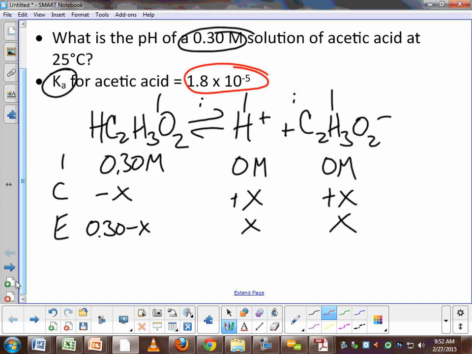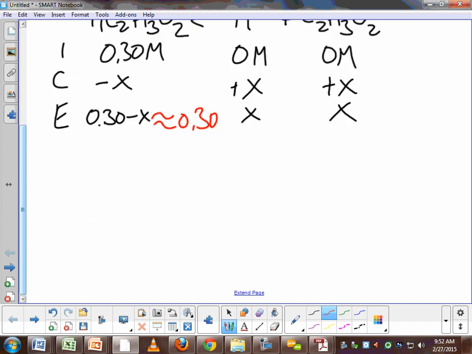So we can make the assumption that x in comparison with the starting amount is negligible. And I'm actually going to make that assumption right here in my ICE chart. You can do it right there. You don't need a separate line. You can say, all right, 0.3 minus x is approximately 0.3. You do need to show that if you're making the assumption,